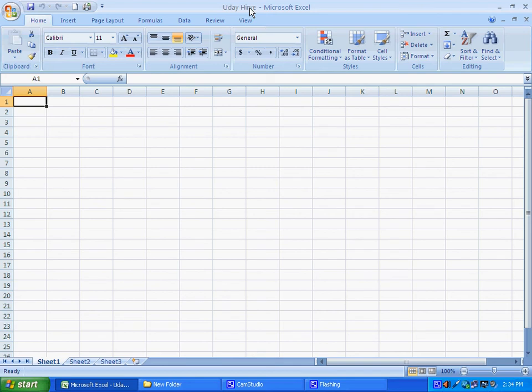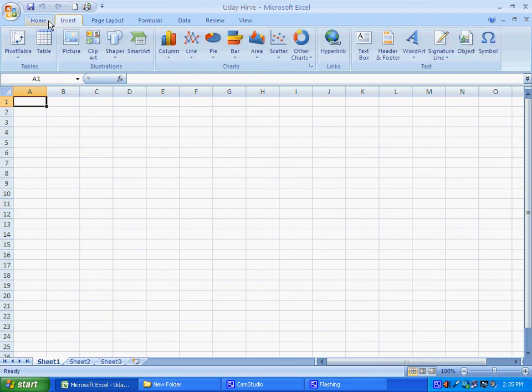That means I am working on a workbook whose name is Uday Hirve. Correct? So the title bar shows the name you save the workbook with, whatever name you want to give for particular data. Whatever the title is, it will be shown here in the title bar.